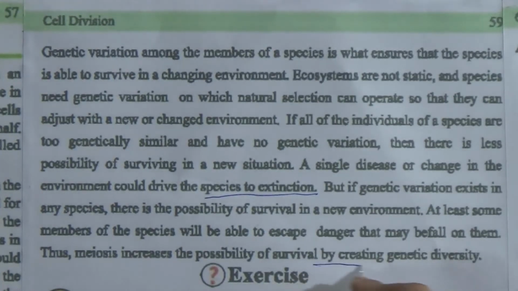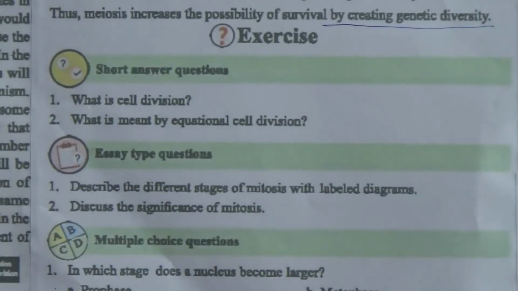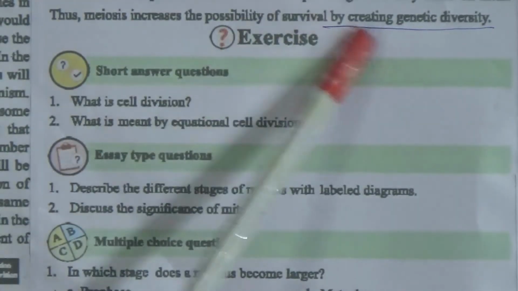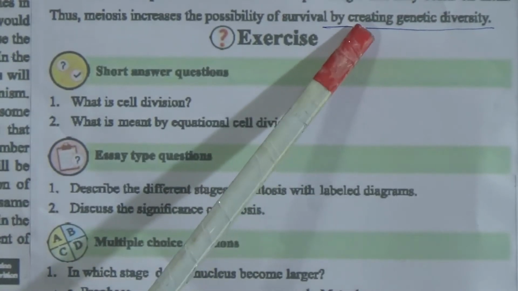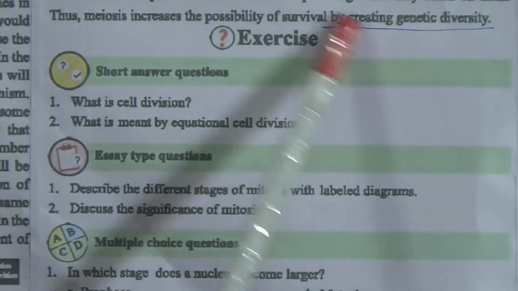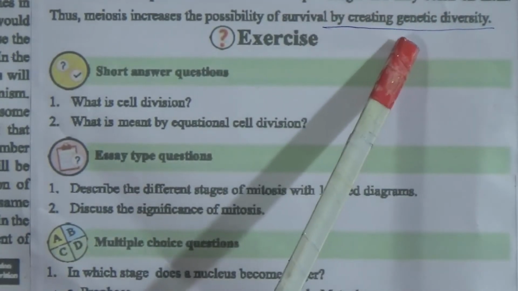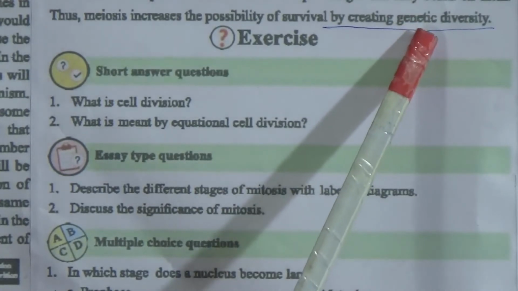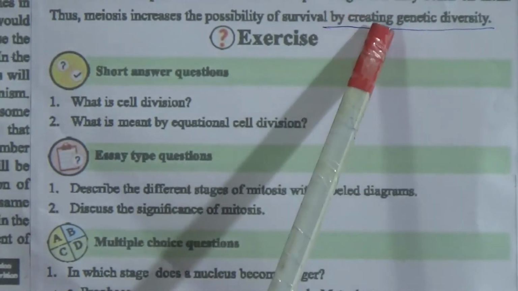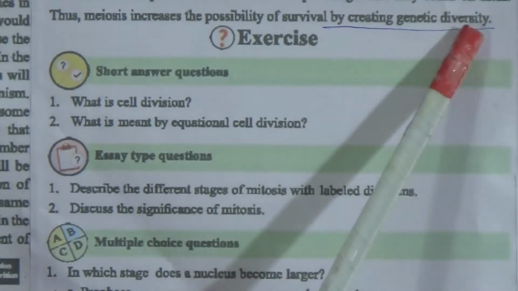Dear students, this is very important for us, and it is today's topic, because we are affected with COVID-19, and the scientists are saying again and again that we must adjust to the new situation of the environment or ecosystem, and what we need for this is genetic diversity.